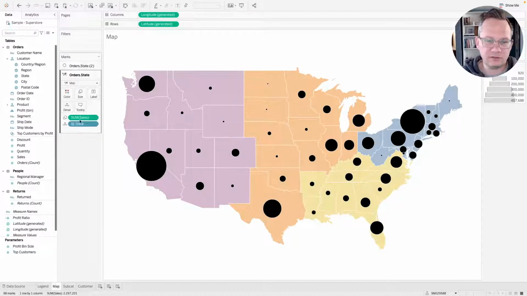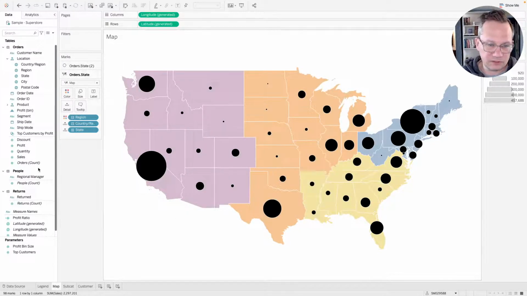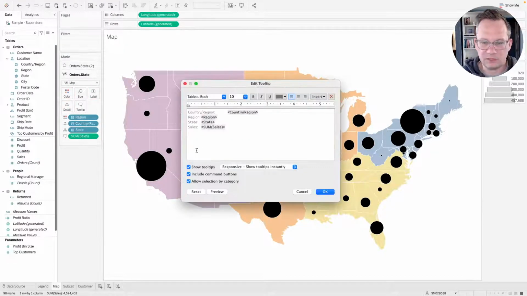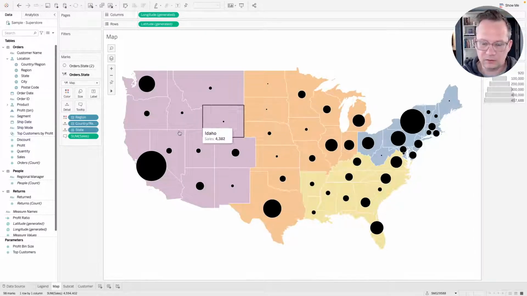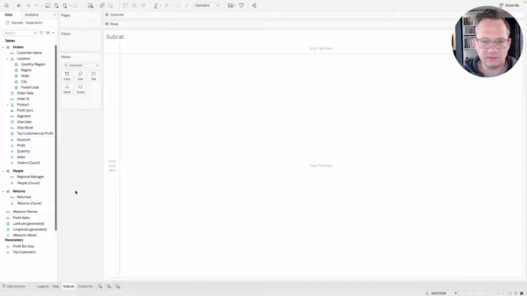Okay, we just need to do the same thing to this. So we will take, oh, and I also need to put sales on that as well so that we have that. Sales on tooltip, open that up. Bring sales up to 12-point font. Uncheck, click OK. And now we've got good stuff here. All right, so there's our map, there's our legend. Subcategory